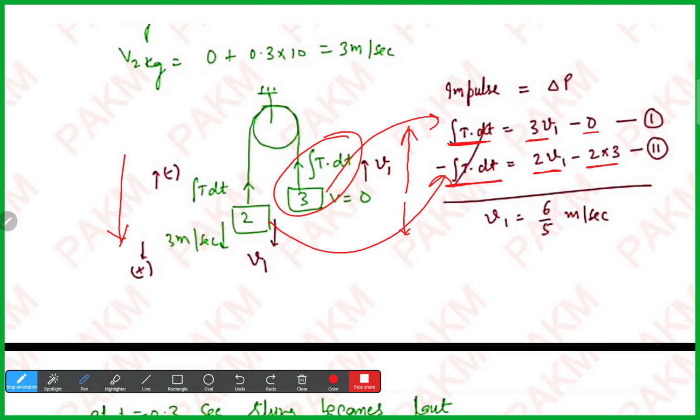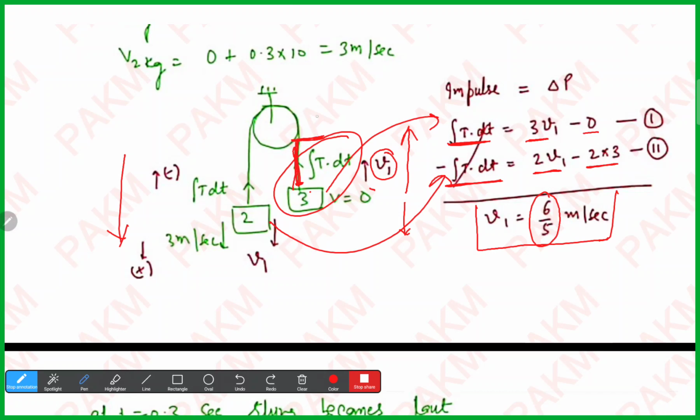Now by using these two equations, we can get the velocity V1. The velocity V1 is 6 by 5. So this is the velocity after the string becomes taut, they start moving in the upward direction. So that means the block 3 additionally travels some distance, let's say h2. So what distance could it be? We can calculate very easily. Once the impulse is there, the velocity converts from 0 into v1, and once again v1 is going to be 0